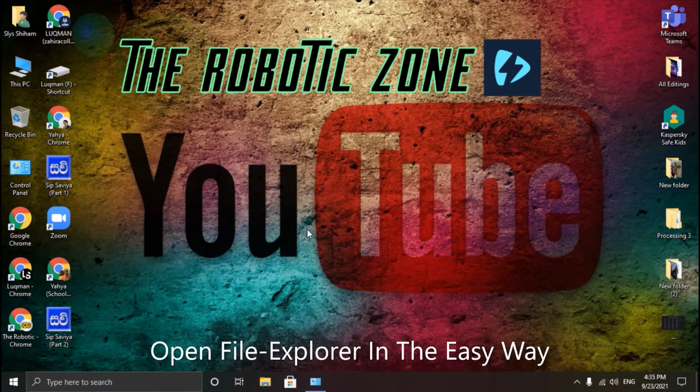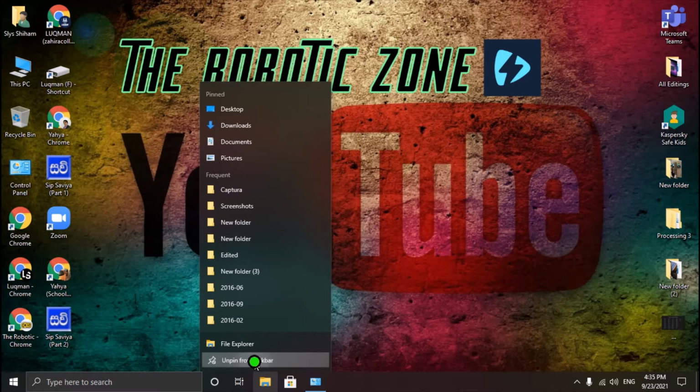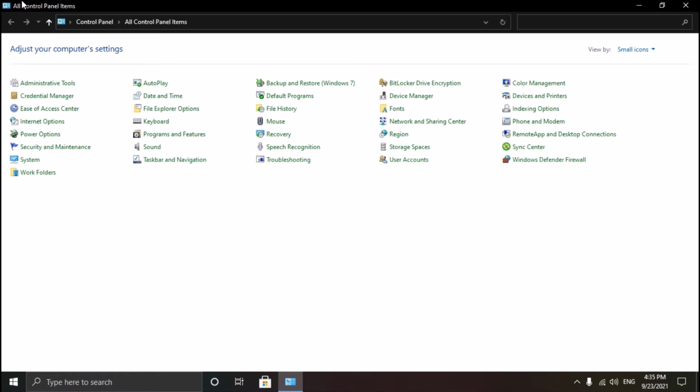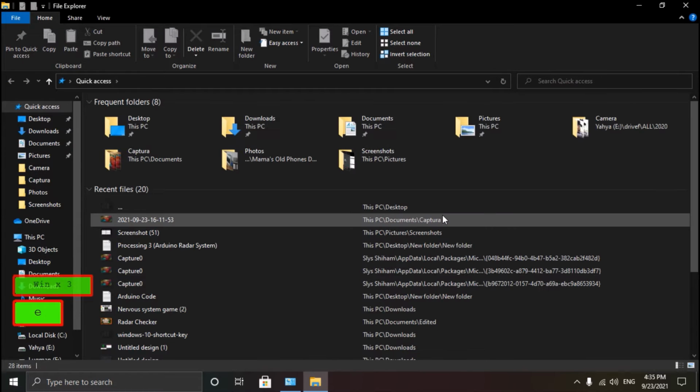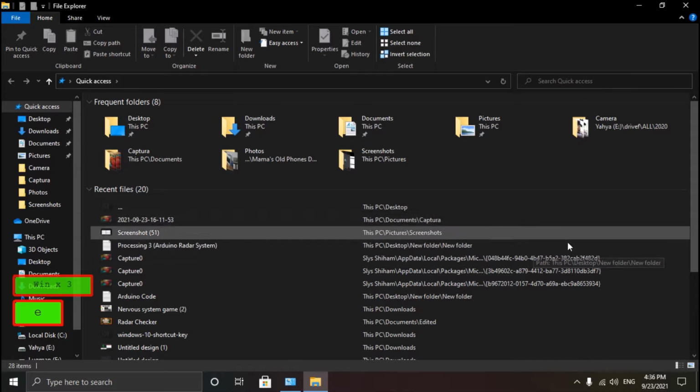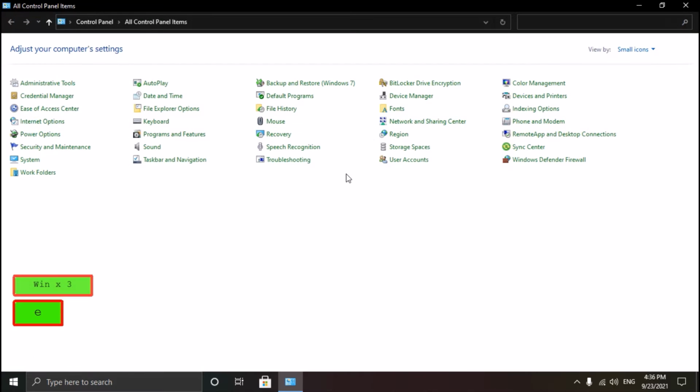So the next shortcut is, let's see that there is no Windows Explorer in here. So now you are in a situation like this, where you have opened all the apps, and you immediately want to go to File Explorer. The shortcut way to open Explorer is Windows key plus E. It will open your Explorer. So if you want, you can do your work and then you can close it.